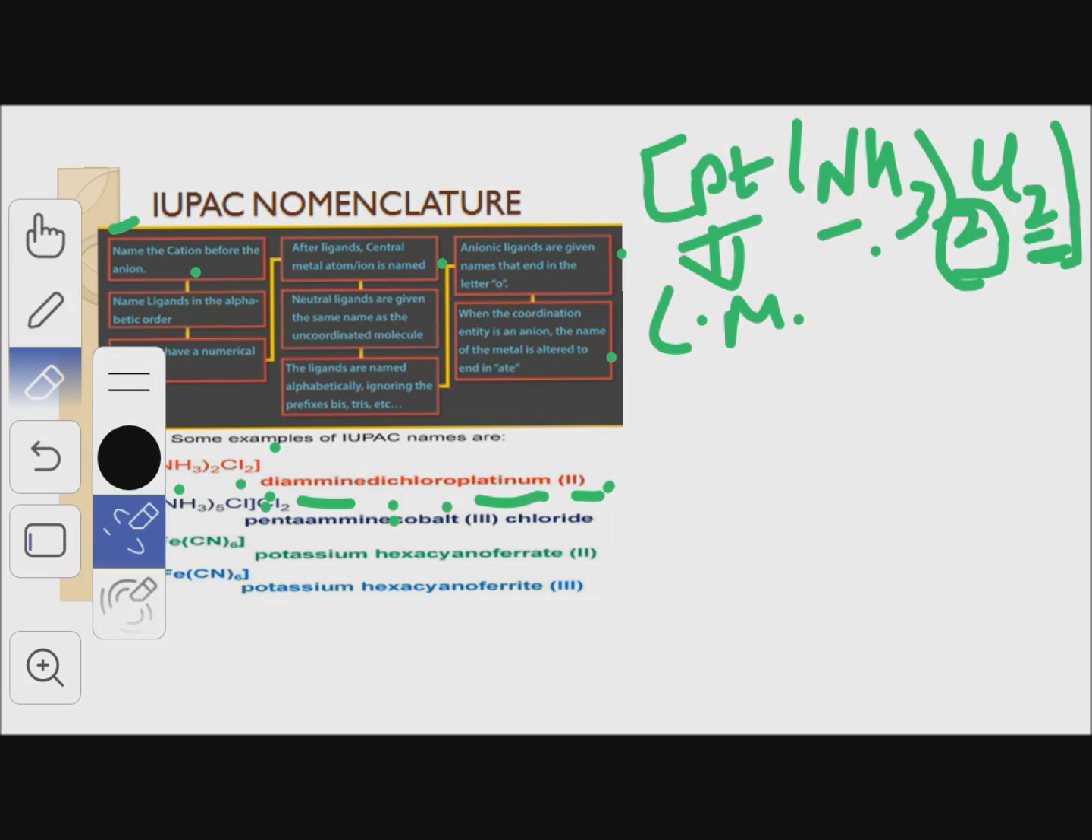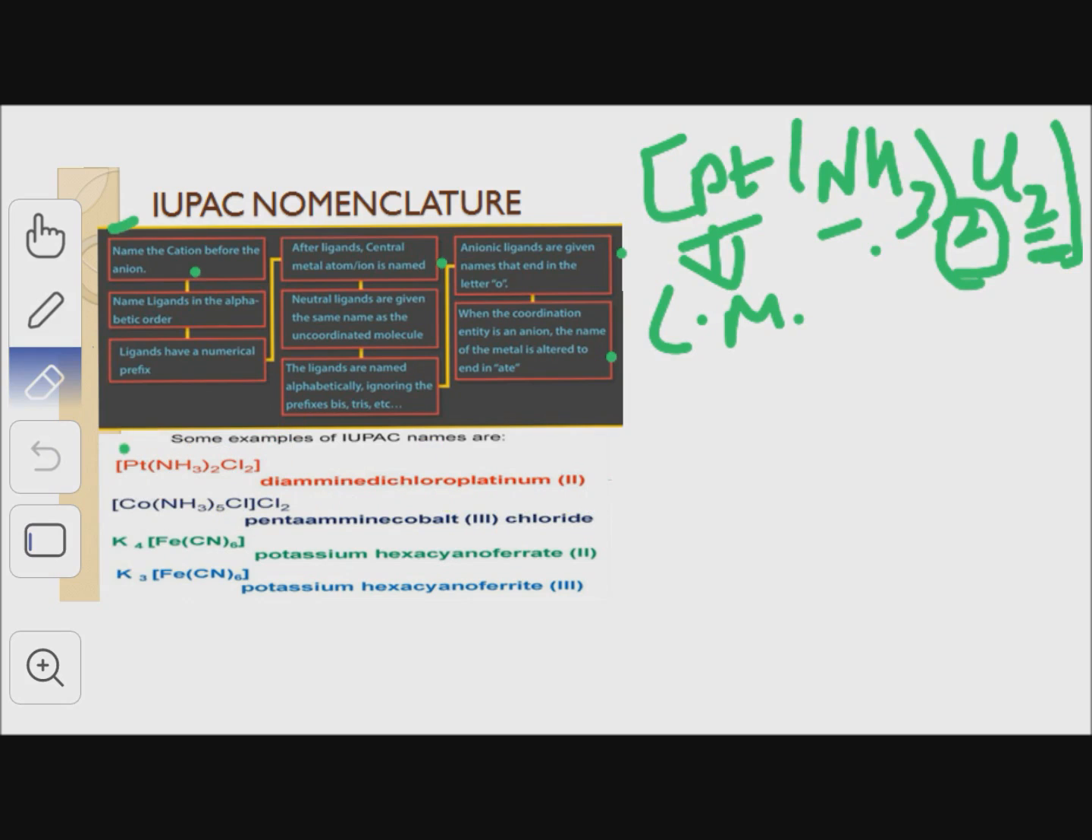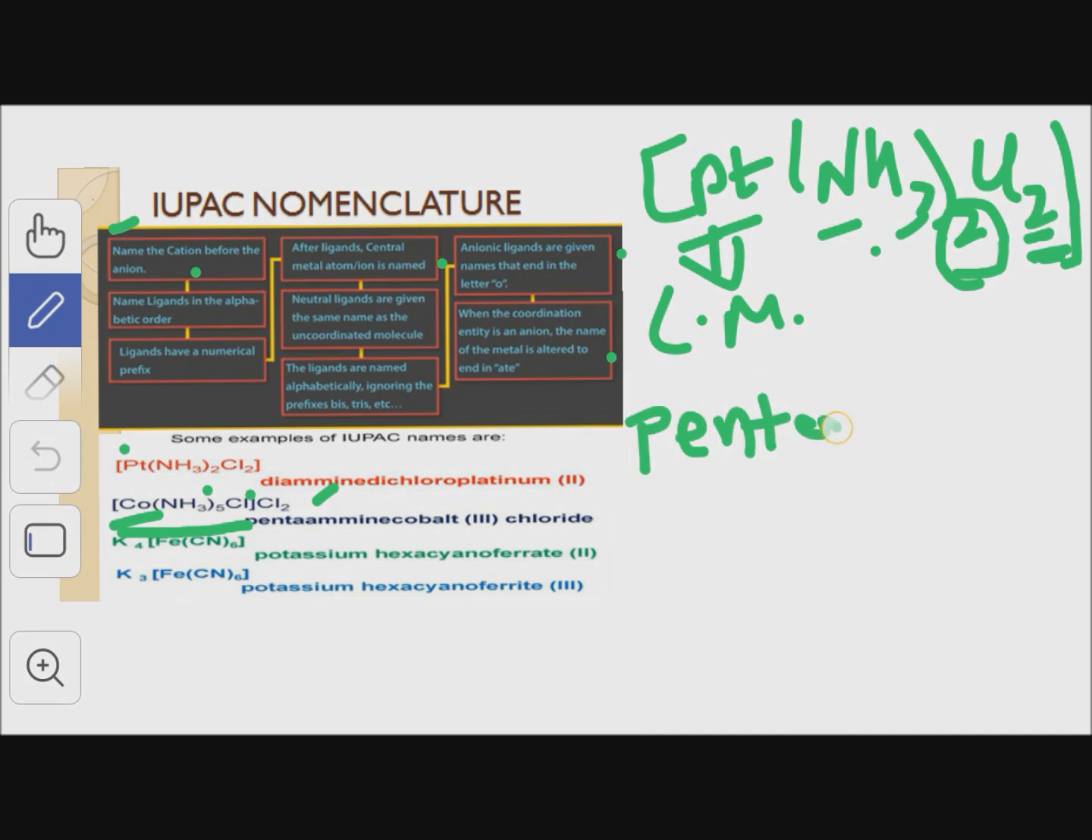Next example, in which Co is the central metal atom, that is cobalt. And here we have two parts. This coordination sphere in the square brackets is the cationic part, and this Cl2 outside the coordination sphere is the counter ion or anionic part. Its name according to IUPAC: here we have two types of ligands, amine and chloro, and alphabetically amine comes first, then we write pentaamine, this is pentaamine, cobalt,